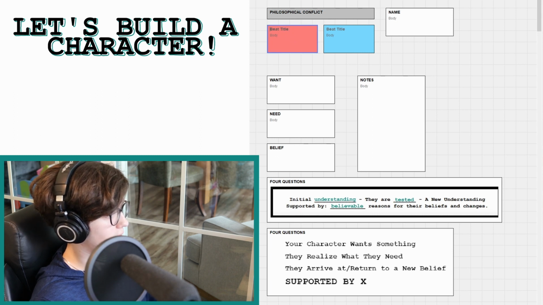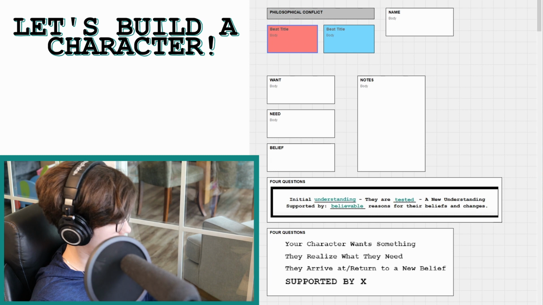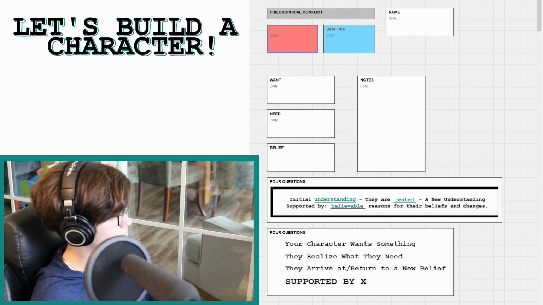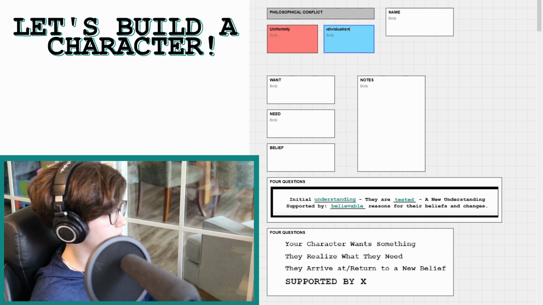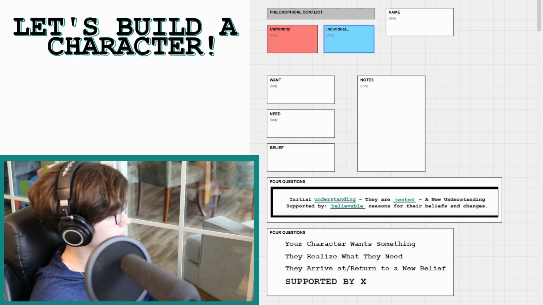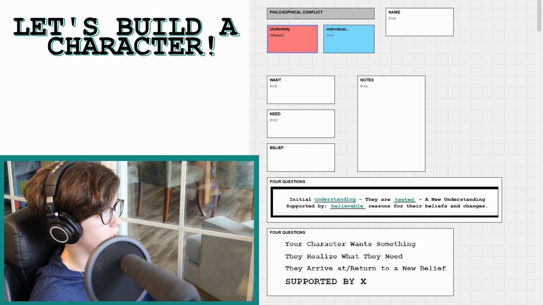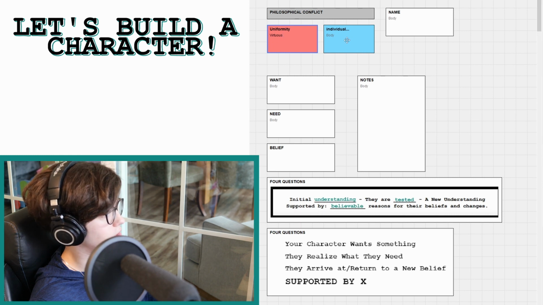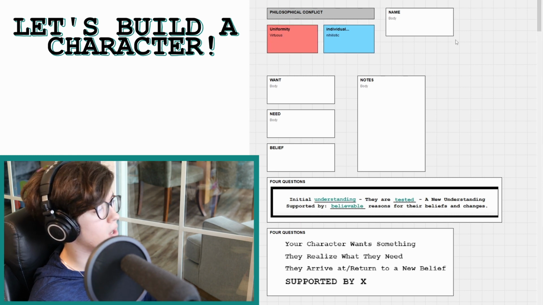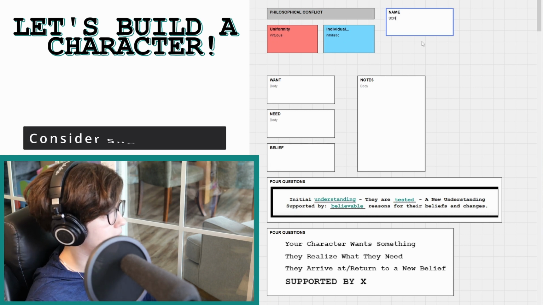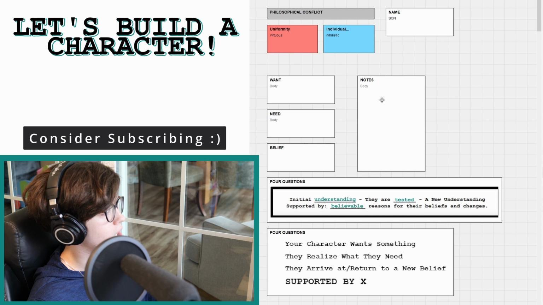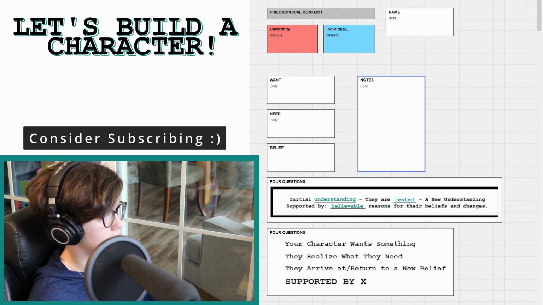In this story, our philosophical conflict is going to be this. It's going to be uniformity versus individualism. Another way we could put it is virtue versus nihilism. Our character's name, we're going to put Sun as his name. It's kind of a code name for now. Some notes about him for some backdrop, just so we can understand who he is.